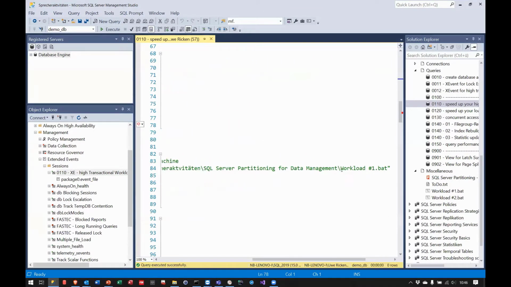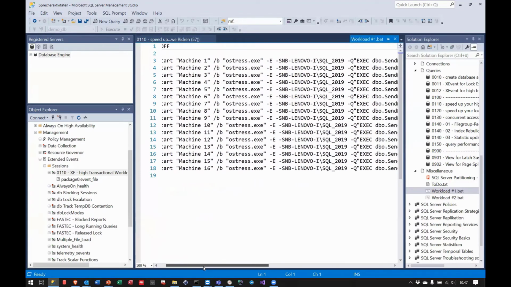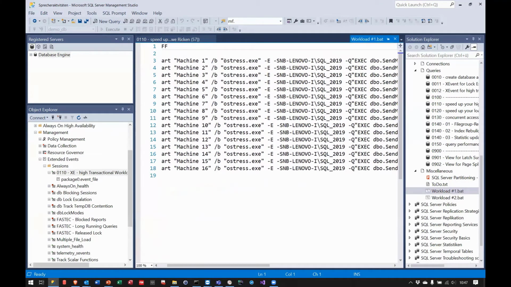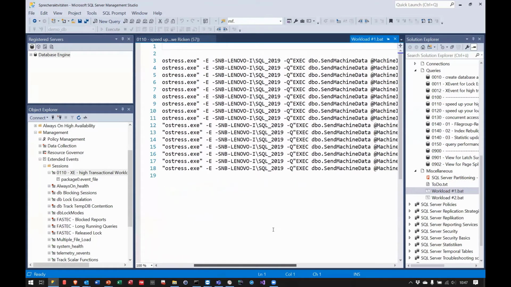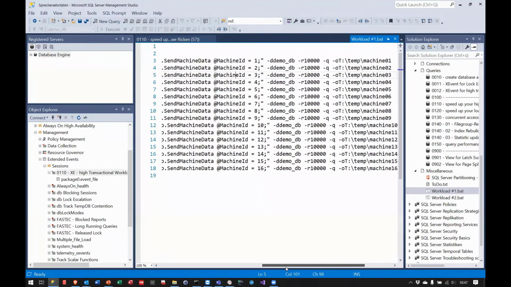I start the workload number 1 with the batch file, and when you look into this, you can see here that I start simultaneously the O-Stress program from Microsoft, and I say, please execute the stored procedure send machine data, where the first process is pushing data with machine number 1, number 2, number 3, and so on. So in total, we have 16 machines which are pushing data into the table,